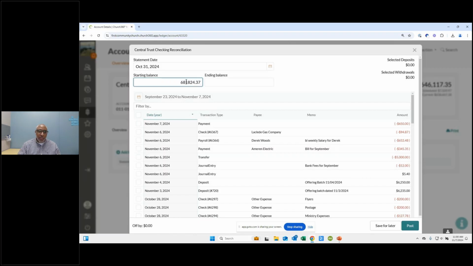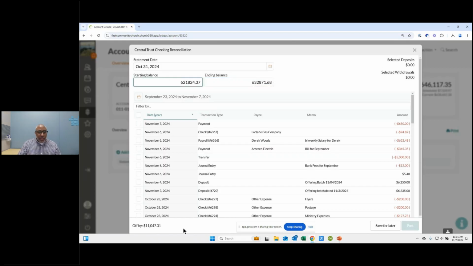I typed my number in incorrectly, so that would have been a problem. 621,824.37, and then the ending balance, 632,871.68. So that's my starting balance and my ending balance.